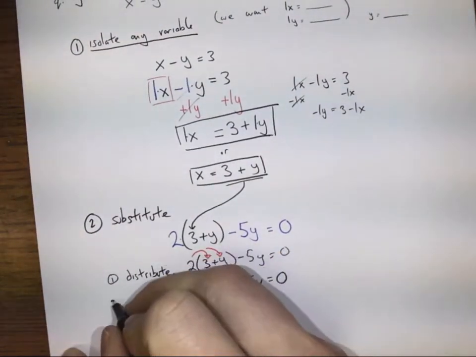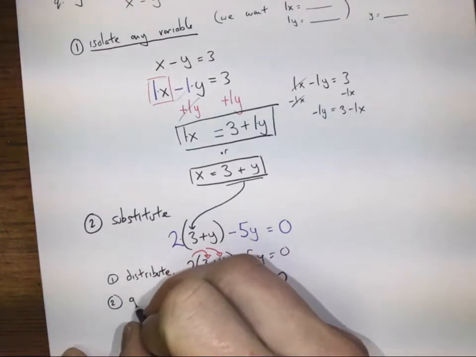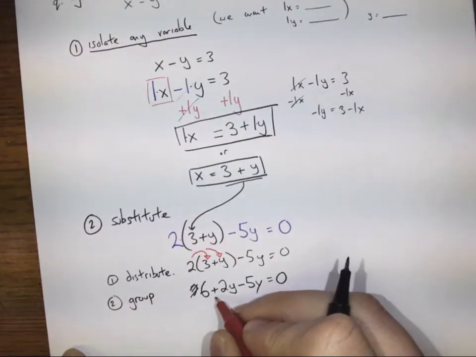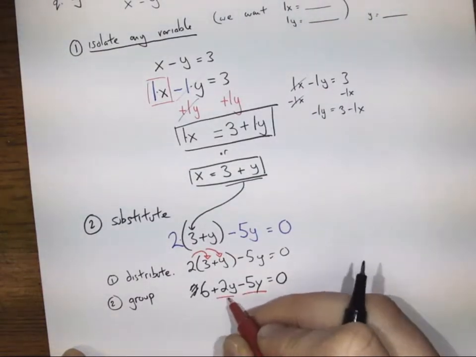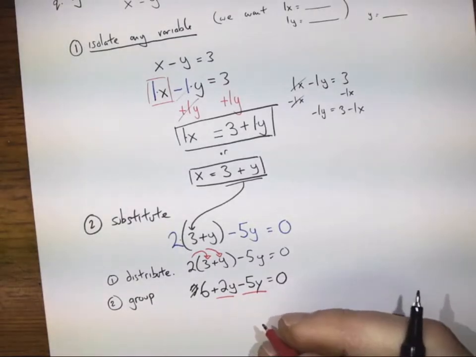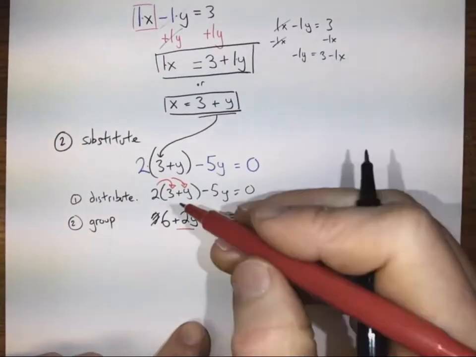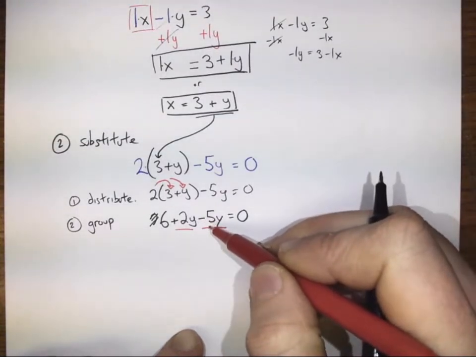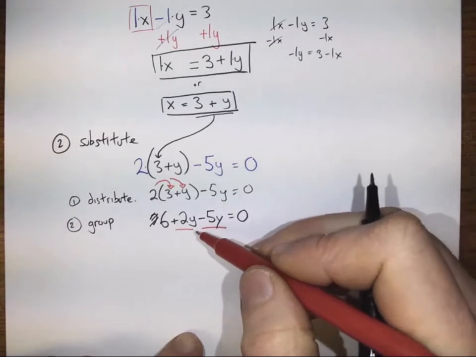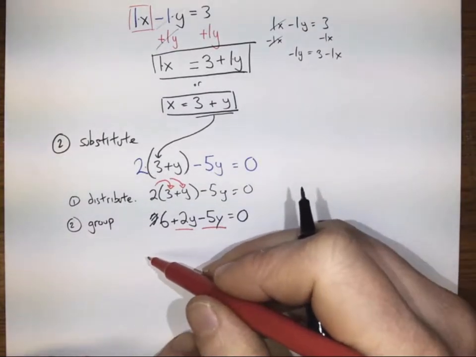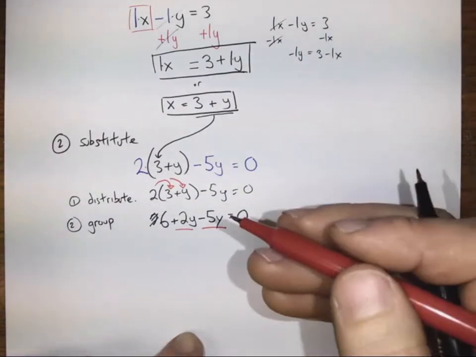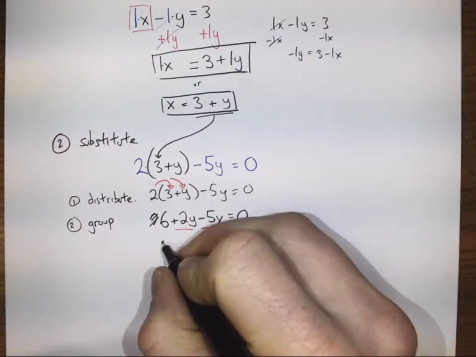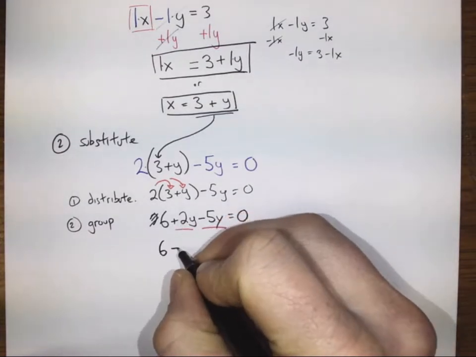Now, the next thing we're going to want to do is group. We want to group like terms. So I would say the 2y and the negative 5y look like they can be grouped together. They're counting the same number of things. You can imagine having $2 and then spending $5 on something, like with maybe your debit card. And you can imagine you're going to be $3 owing the bank. You're going to be $3 in the negative, or what we say in the red. So we're going to still have that 6 here, but we're going to have minus 3y